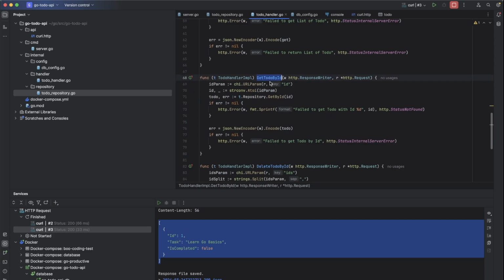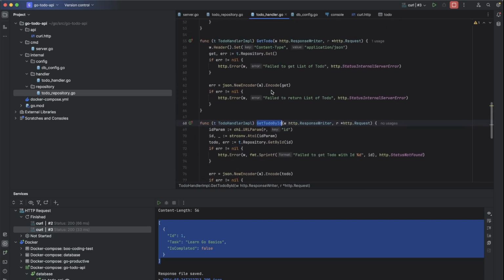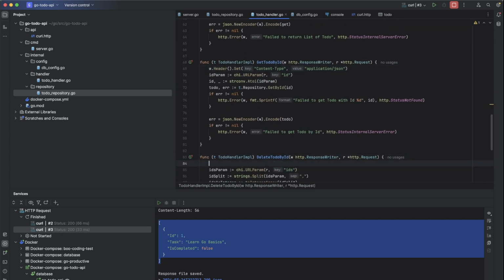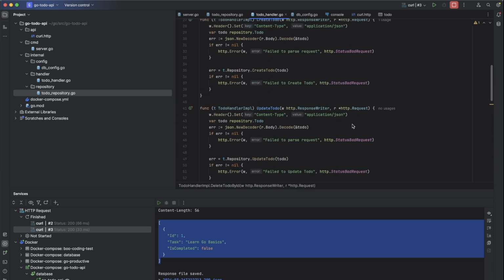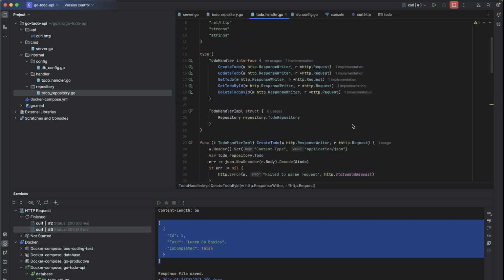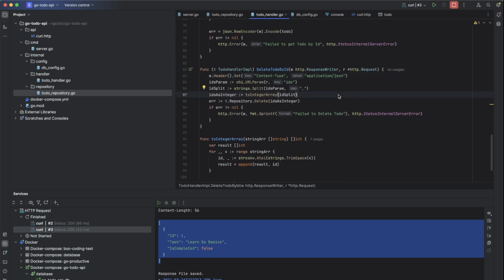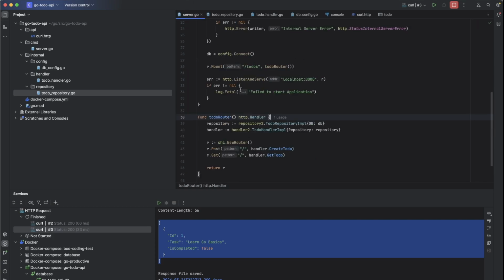Because get to do by ID will also be returning JSON, let's just put this statement also in here. We will put this statement. How about the get and create? Okay, done. Let's call the handler into our router.